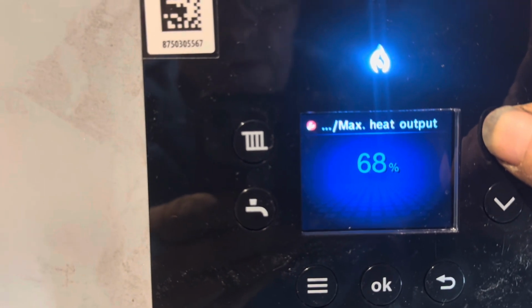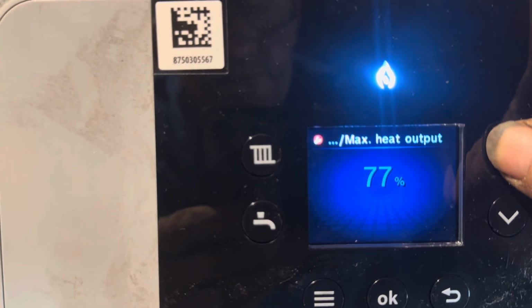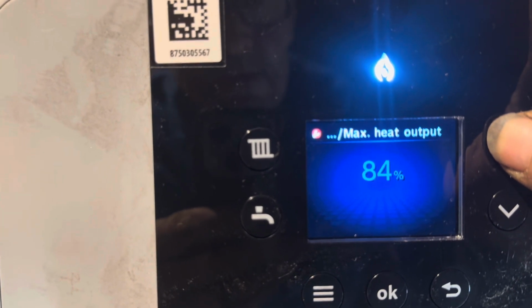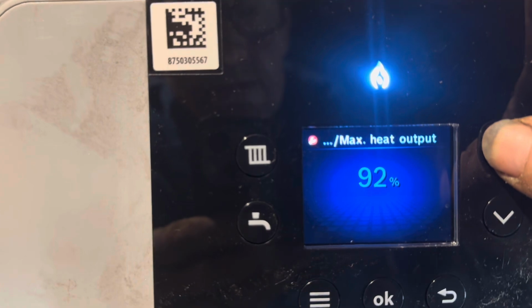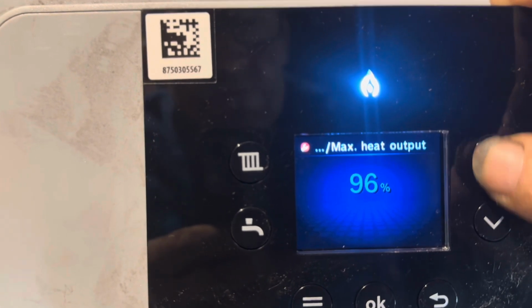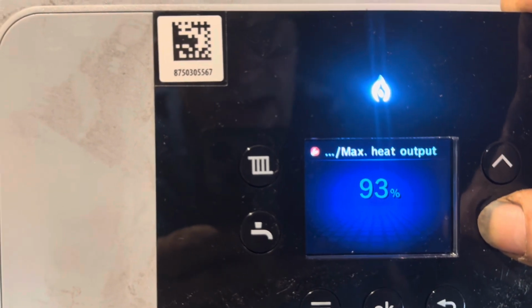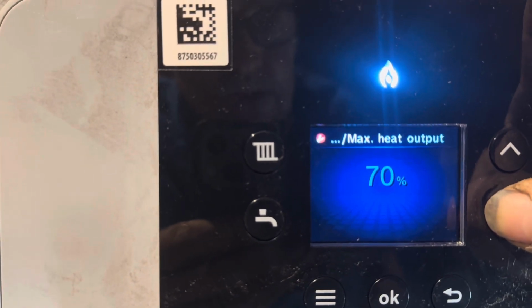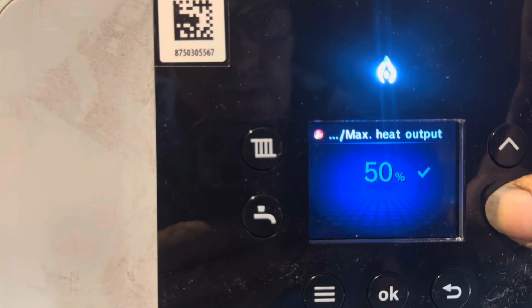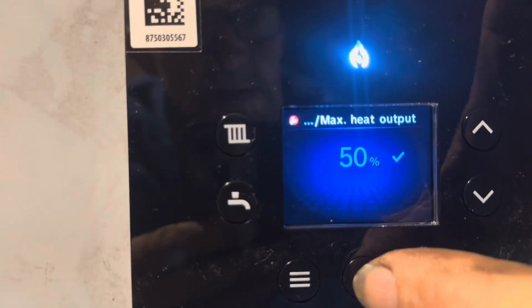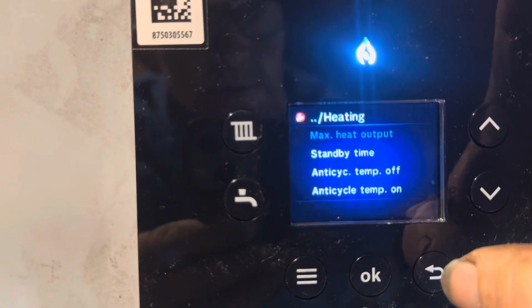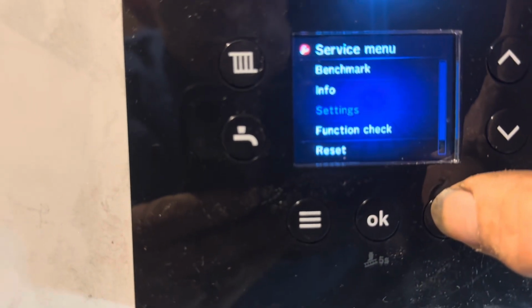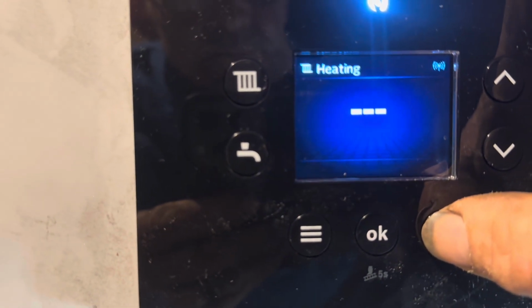You go right the way up to 100%, or 96% rather, but we want ours down at 50%. So I'm just going all the way down, press OK, back. Right, now that's that. Now what we do is look at the information